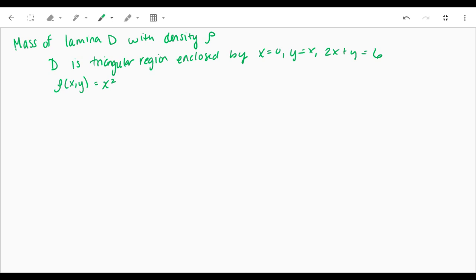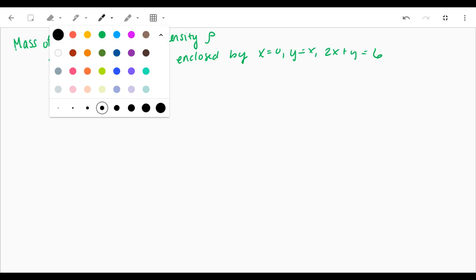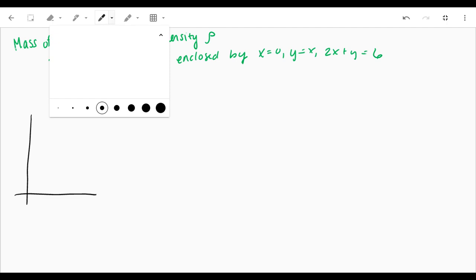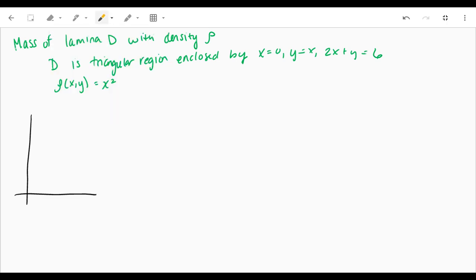Okay, so let's first draw our region. So we want the boundaries: x equals 0, y equals x, and 2x plus y equals 6. So when x is 0, y is 6. When y is 0, x is 3. Okay, so they would intersect at